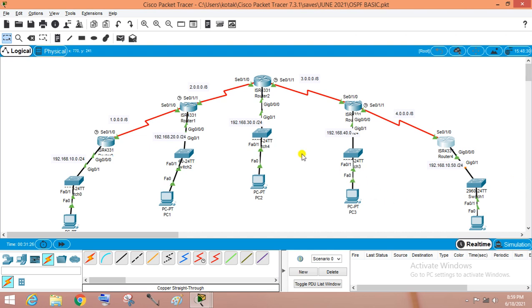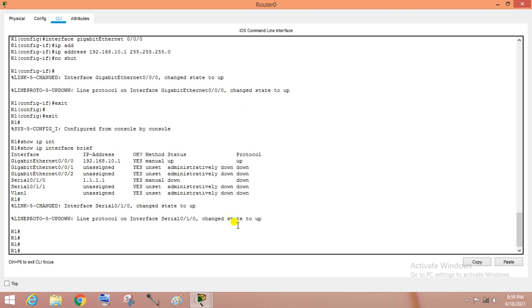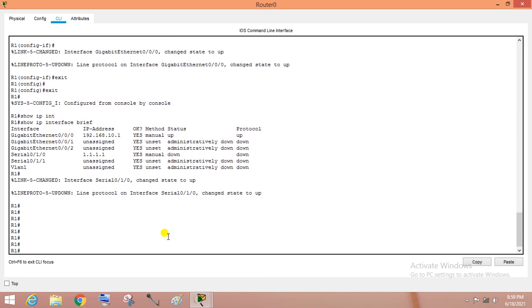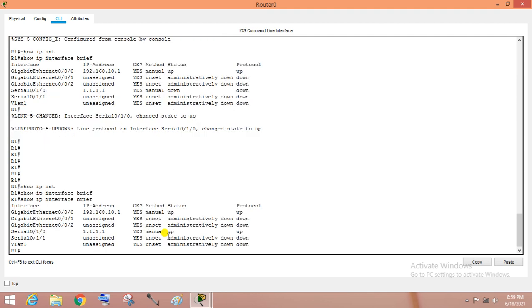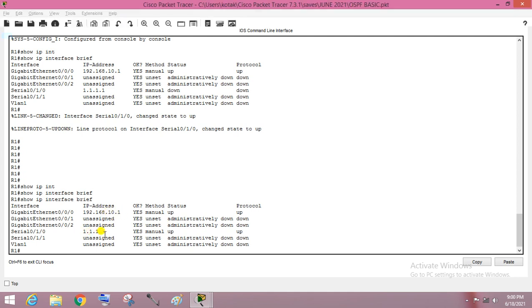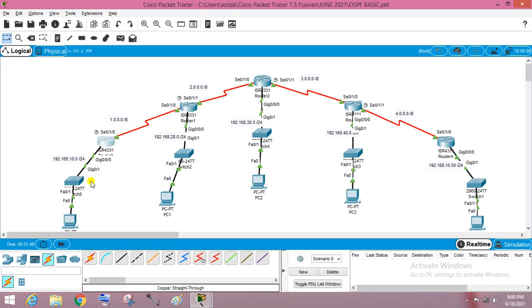Now the next part is that we have to check whether routing is enabled or not. So first we go to this router, show IP interface brief, and check it here. What networks are there? The 10 network and the 1 network.